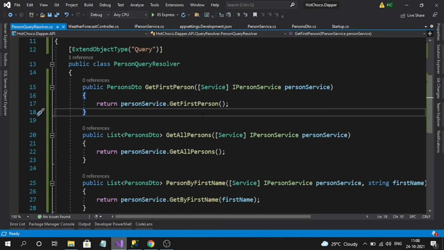Okay. Next thing is, let me return the results of complex types. Complex type means a parent-child response type, like a person can contain some addresses. There will be a navigation property to relate them, right? So how to query them? How will the results look for complex object types? So let's try to implement that one.